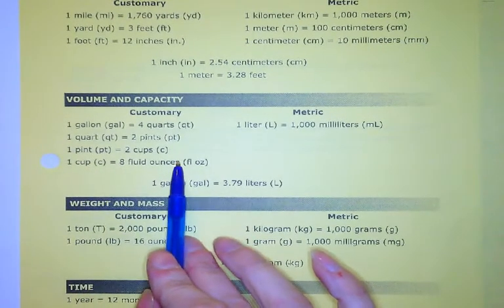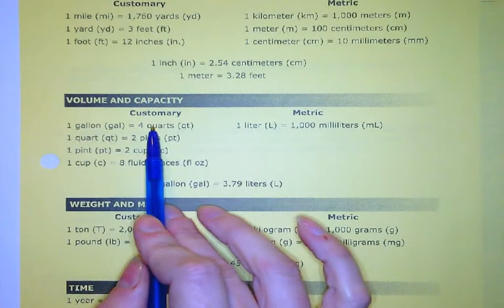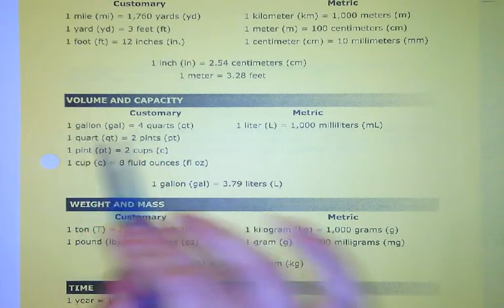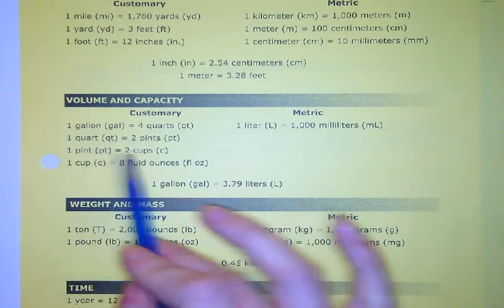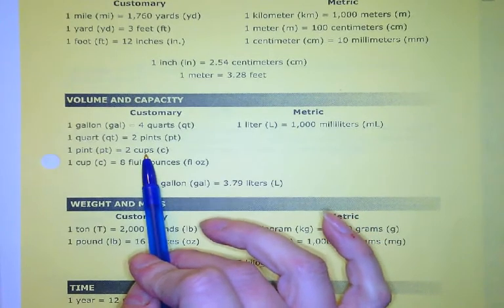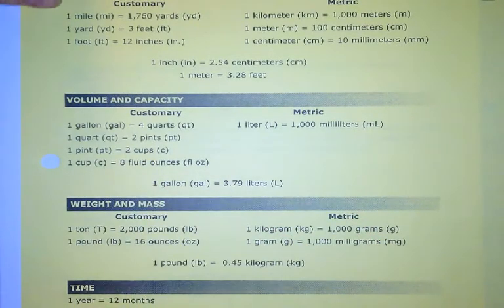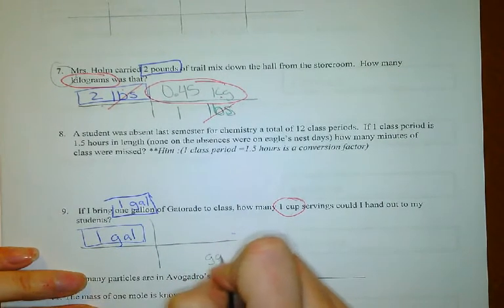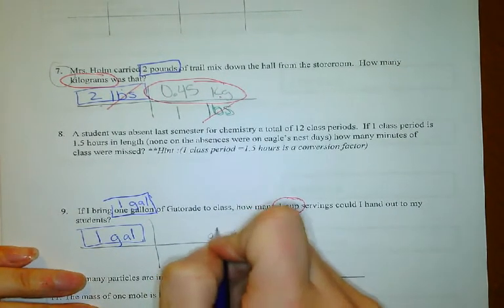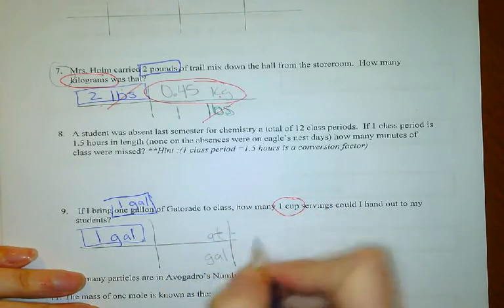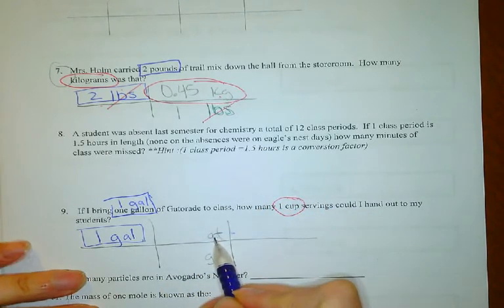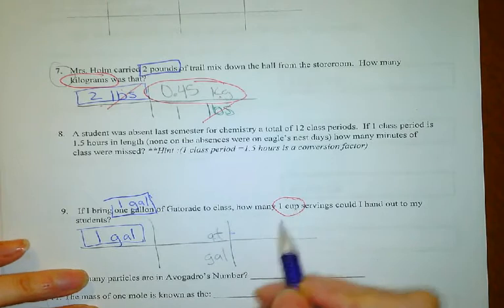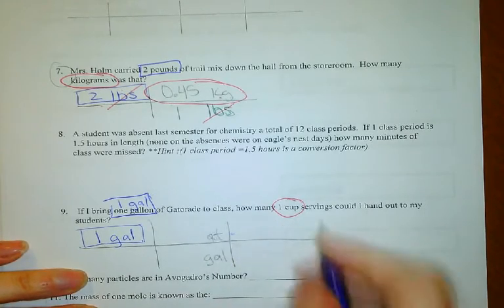Fluid ounces doesn't help me, but I could go gallons to quarts, quarts to pints, and pints to cups. So I have to do 3 conversions. Let's just start with the first one though. I can just go down gallons and turn that into quarts. But the top right is not cups, and that's what I need it to be, so I'm not done. So I'm going to just go down quarts,